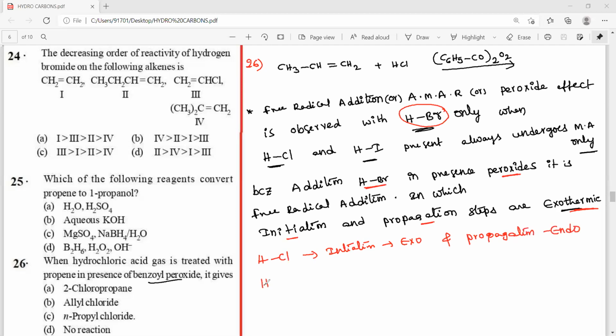Whereas with HI, hydrogen iodide, in the presence of peroxides, the initiation and propagation both are endothermic. Therefore, HCl and HI do not show peroxide effect